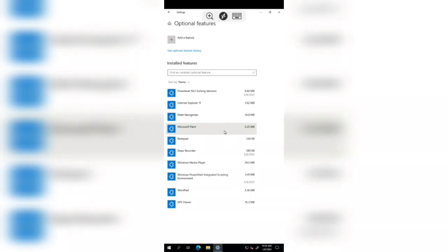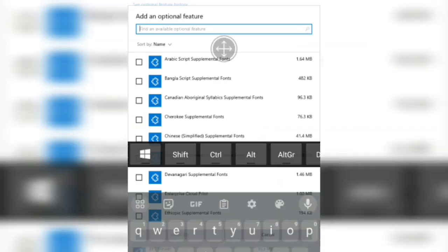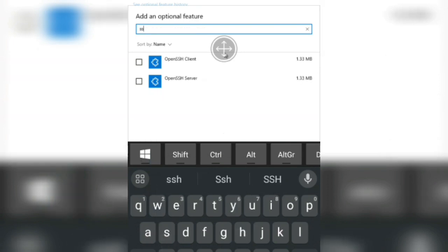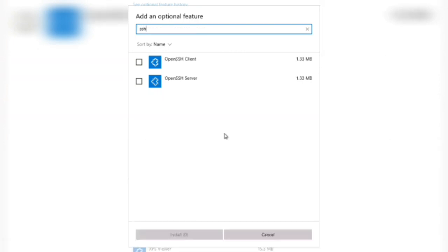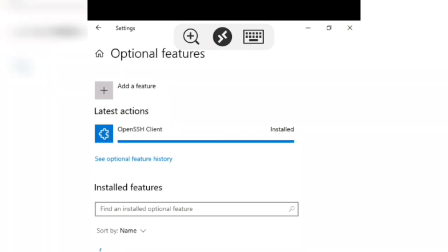If OpenSSH client is not installed, you can install it using this method. Click on Add a Feature button. Type SSH in search bar. Now choose OpenSSH client. Click on Install button. Now wait few minutes. OpenSSH client is installed now.